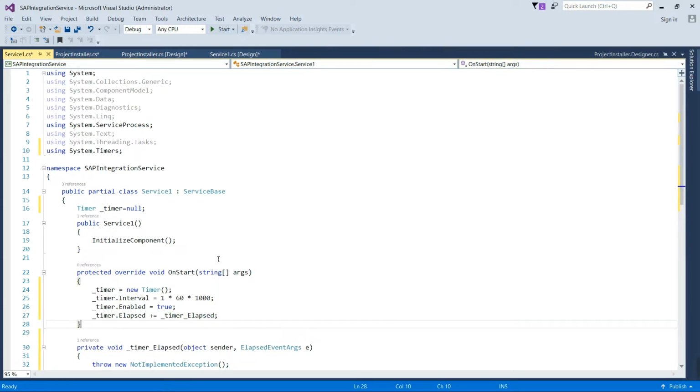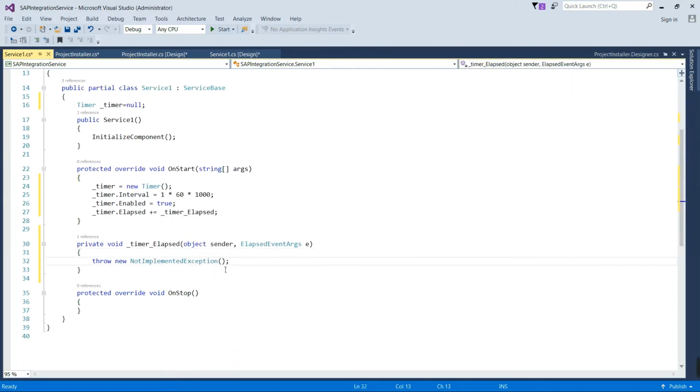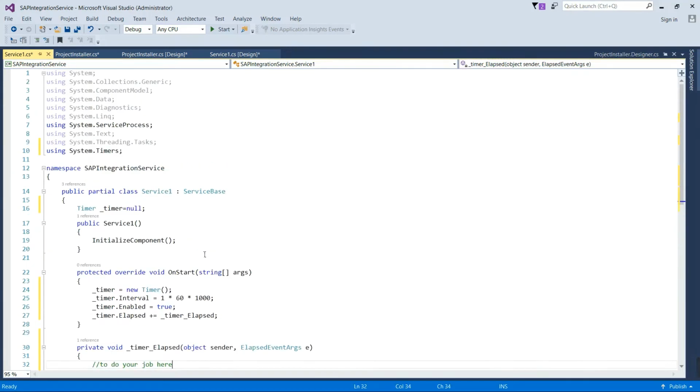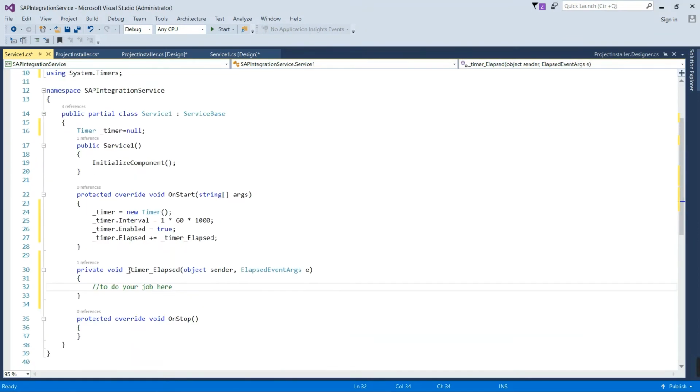So we have here, so here you will do your task. So we have completed the basic service, but I wanted to write a text file on each 1 minute.